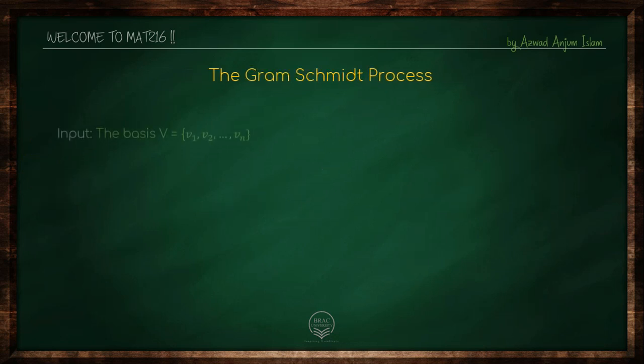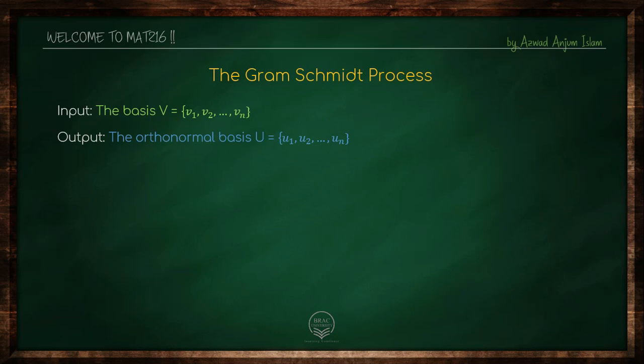All right. So this is the Gram-Schmidt process. The input is a basis v with, let's say, this is an n-dimensional space. So the basis has n vectors, and we are saying that these vectors are not orthogonal to each other. So basically the basis v is not orthogonal or orthonormal. And we want to produce the output, the basis u, which spans the same space as basis v, but the basis u is going to be orthonormal, just like what we did in our last slides using 2 dimensions.